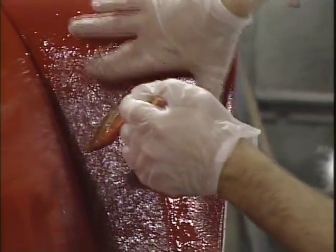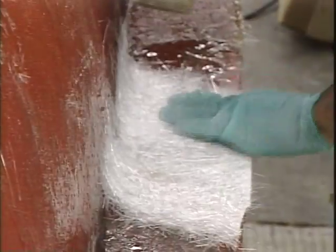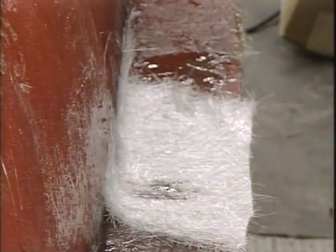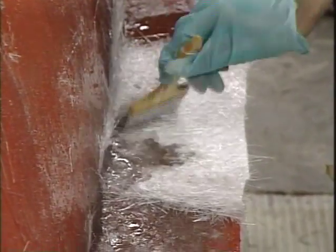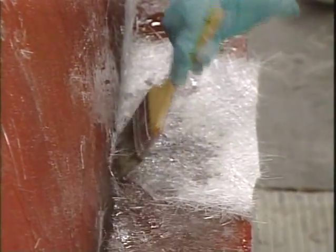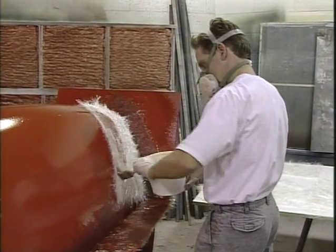As always, I applied these strips 1 layer at a time, watching closely not to trap air. After a few layers have been applied in this way, I place the cut edge of the strip even with the edge of the flange and allow the frayed edge to overlap onto the plug. After the flange and plug corner were covered with 1 even layer, we were ready to lay up the surface